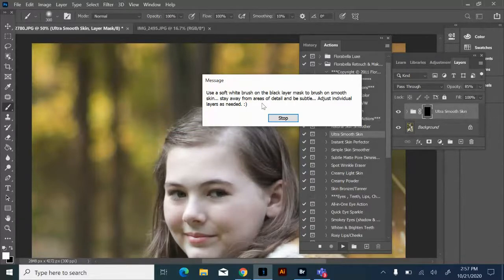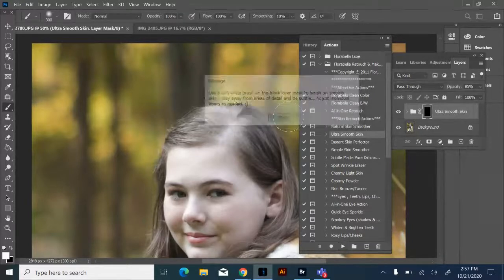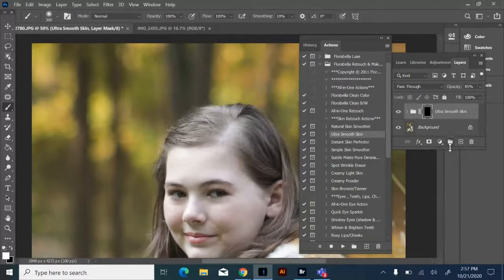And this actually gives me some instructions. It says, use a soft white brush on the black layer mask to brush on smooth skin. Stay away from areas of detail and be subtle. Adjust individual layers as needed. So I'm just going to click stop or hit enter. And if you look over here,